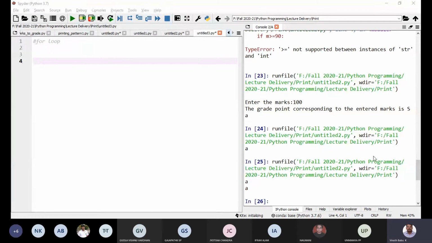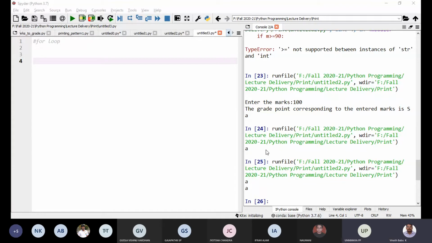Do you have an idea when you will use for, when you will use while? Any idea? When you will use for loop, when you will use while loop? While loop will be used when a particular condition is satisfied, and only after that iteration will happen. But in case of for loop, first initialization should take place.